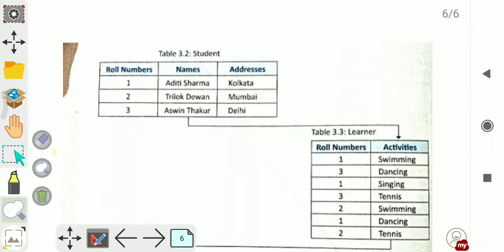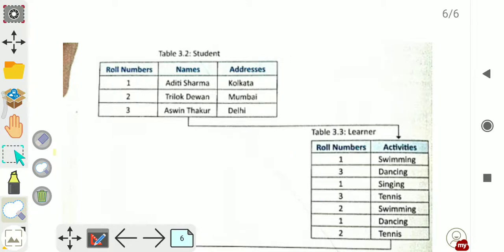Now here we can see that there are three tables: student, in which roll number, name and address, three fields are there, and three records are there: first, second, third. In the student table, the general information, the roll number, names and address of the students, has been mentioned.